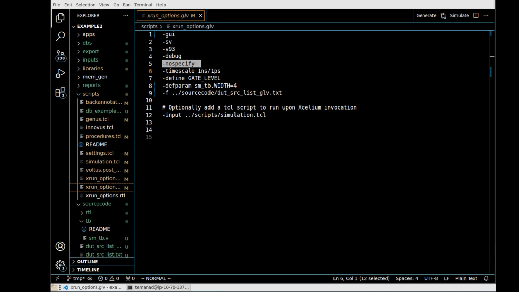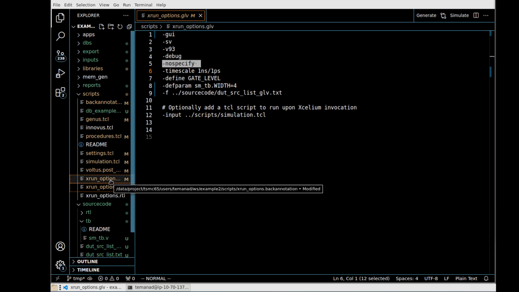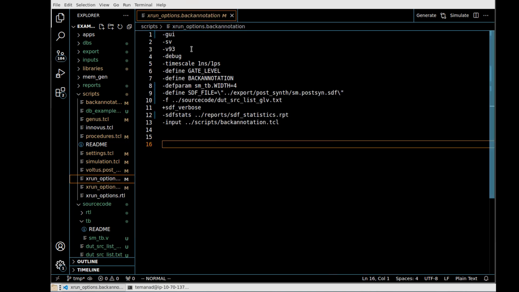Our next step is going to be running a timing back annotation. So we have another file here called xrun options back annotation, and in it we see we don't have that minus specify anymore, because now we do want to back annotate the timing to the specify parts of the Verilog modules of the leaf cells, of the standard cells, and so forth. So that is what is going to enable us to actually add timing to our behavioral models of our standard